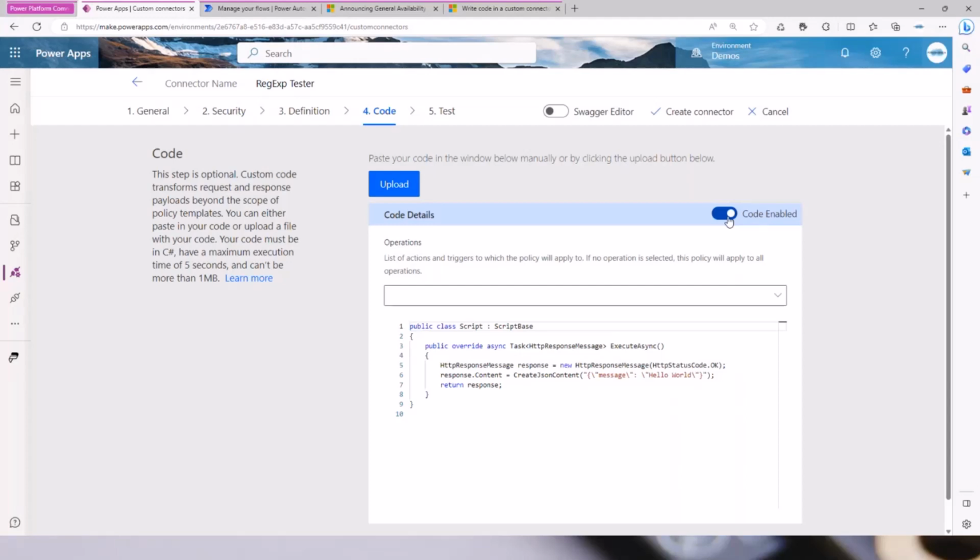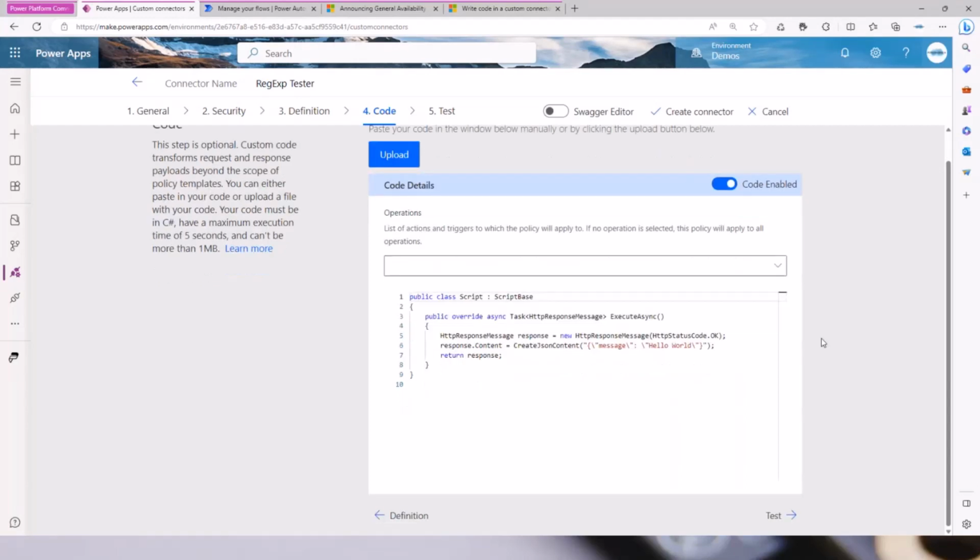Okay. In this case, this is the part where it might get tricky, because you will see here code, C# code. You say, oh, okay, what is this? I don't know how to write this. I don't know what to put here. I just need something to validate that this email is working okay. This is, again, another part where you can embrace a Fusion team and ask someone in your organization that knows about C#,